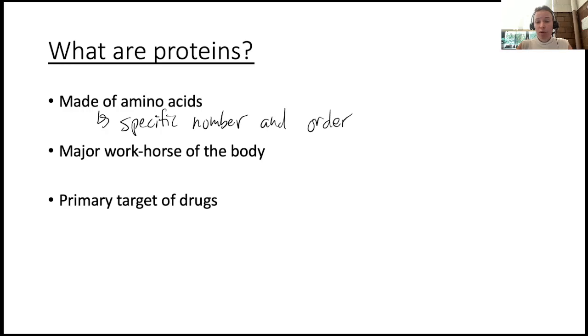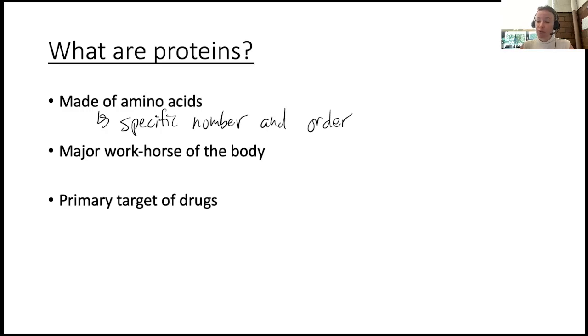Proteins are the major workhorse of the body, so they perform the chemical functions, the mechanical functions, the signaling functions, the transportation functions of the cell. And they are the primary target of drugs, which is why we need to talk a little bit more about it. Before we jump into the various types of proteins, I want to give you just some more examples of